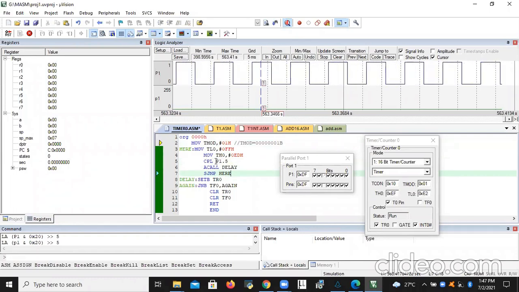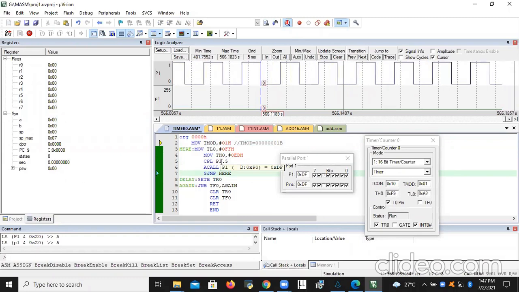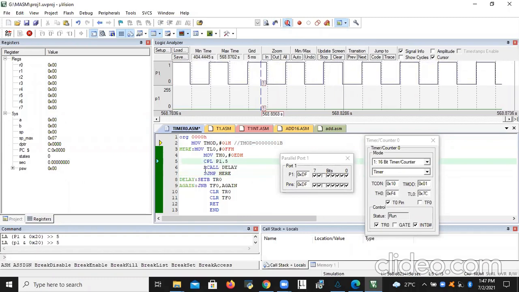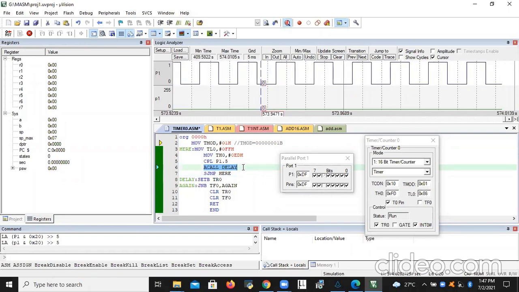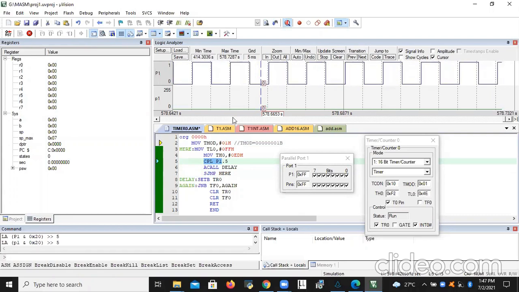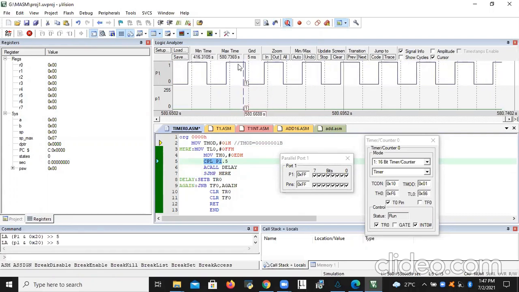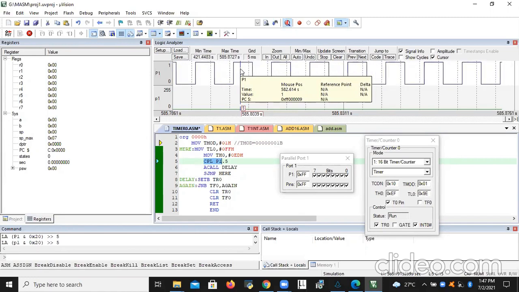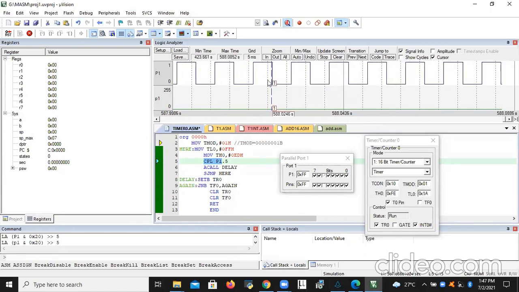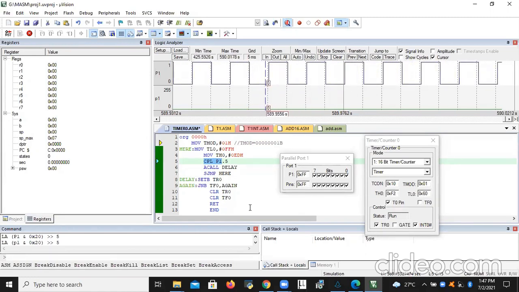So I have done the complement operation, and 0 is converted into 1. Now I was calling the delay program to maintain the 1 for some specific time. Why do I need this? I need to generate a square wave at port 1.5: 1 for some time, 0 for some time.